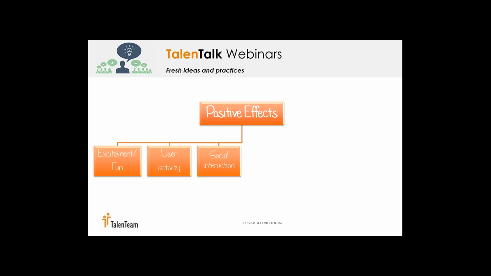The social interaction. So the fact that you are competing with your peers is tapping into and boosting that element of competition between everyone. And that competition has actually been shown to be worthwhile online, but it can also be extrapolated out of the online world, and is going to be facilitating better social communications within companies.